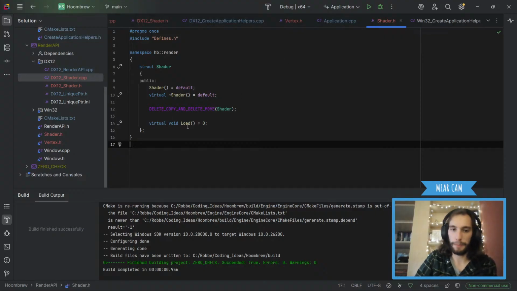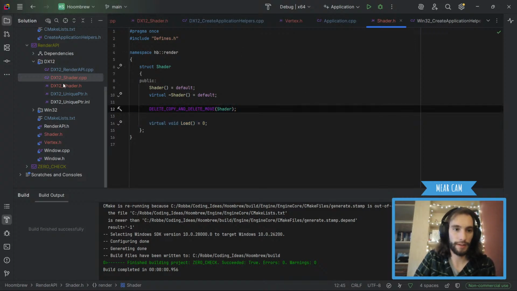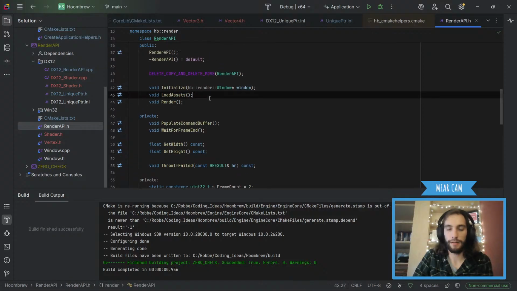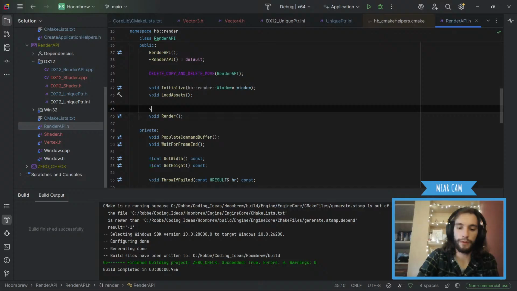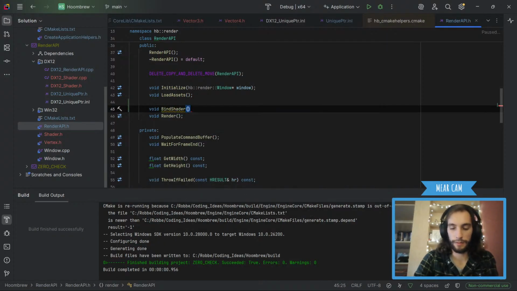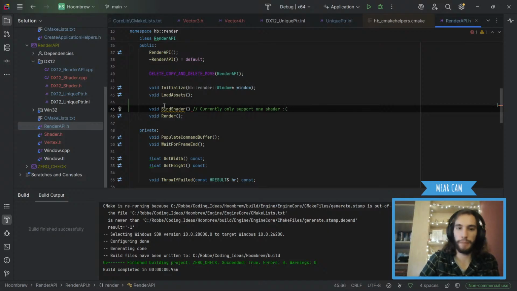Okay, so we removed the bind function, but we're gonna put it on the render API. So we're gonna say void bind shader. Currently only support one shader, sad face, because that's bad. And then this will not take ownership of it.